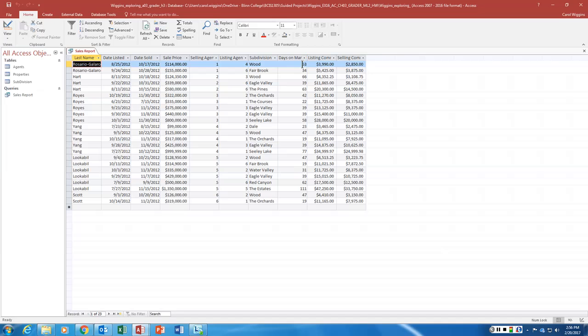Now we're going to add a total row. So we're going to click here on totals. And so now we have a total row where we can do some calculations. We're going to calculate the average number of days on market. So I'm going to come here to days on market, and I'm going to hit the down arrow, and I'm